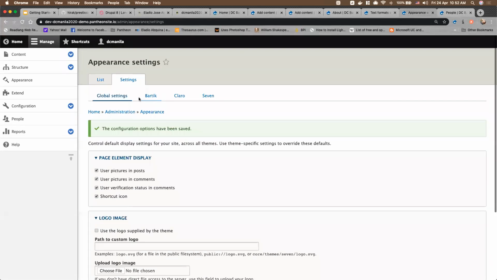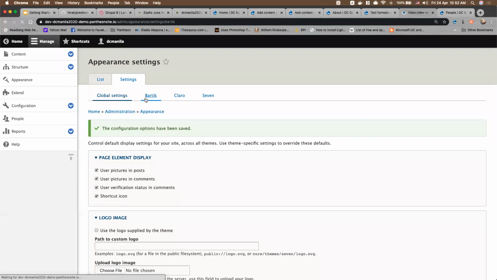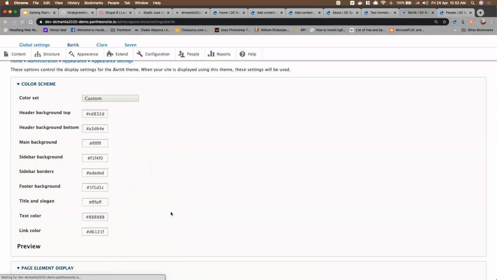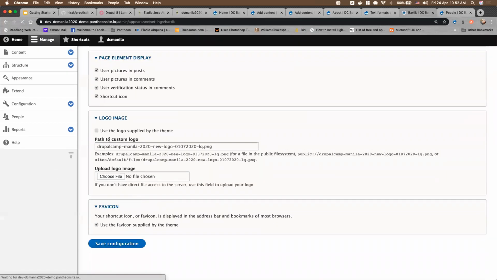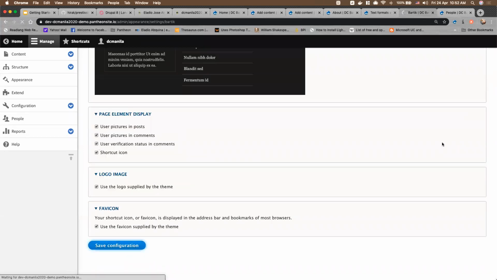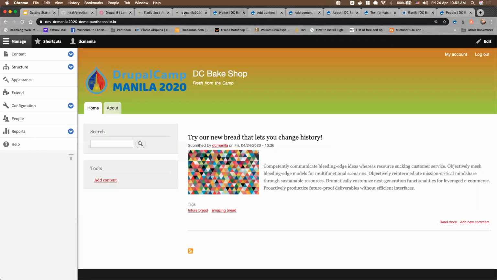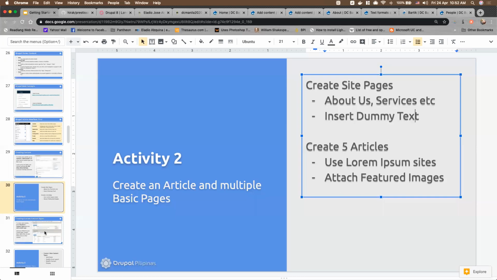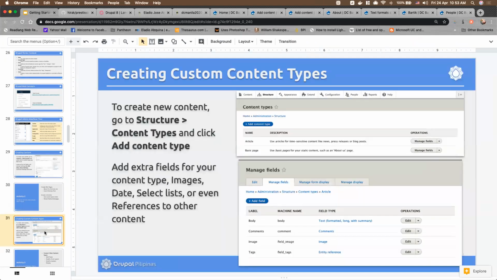Gonna go back to my Bardic settings. Or maybe I'll just use the default logo. Okay, so if you're done creating your post and article, I'm gonna go and talk about now structure. Okay, so here